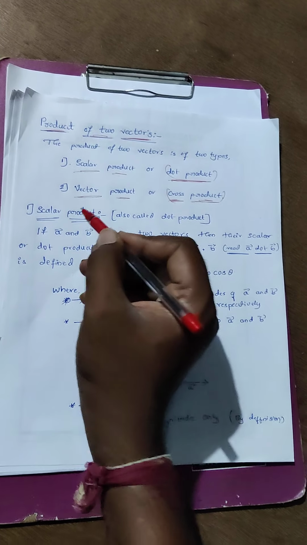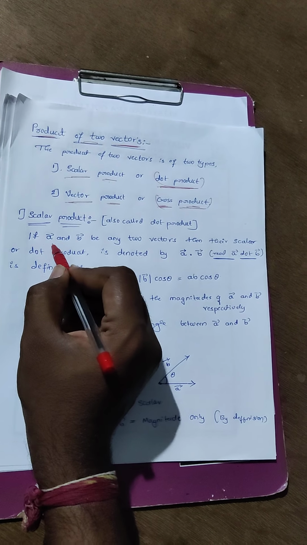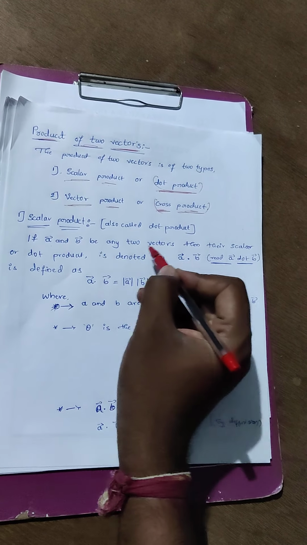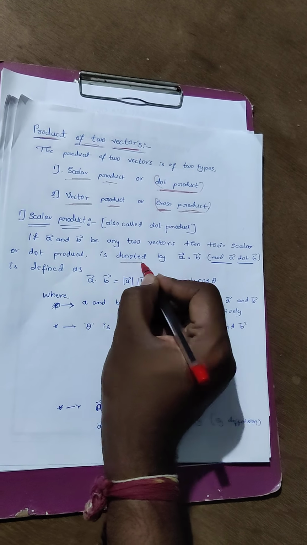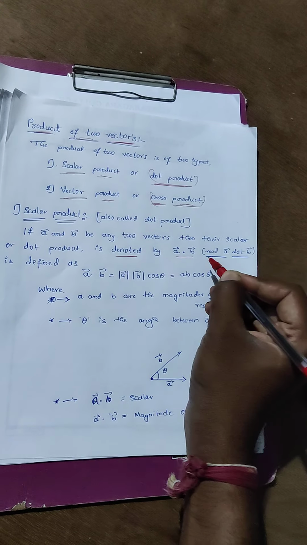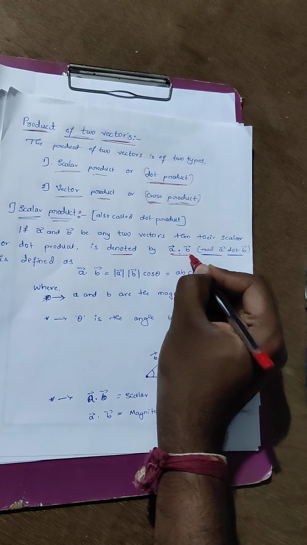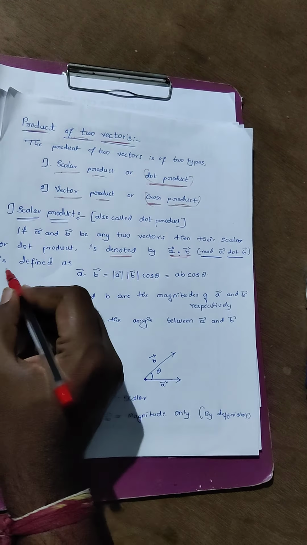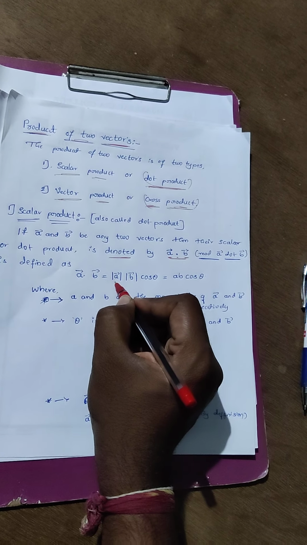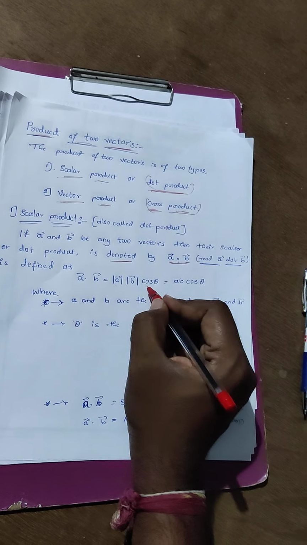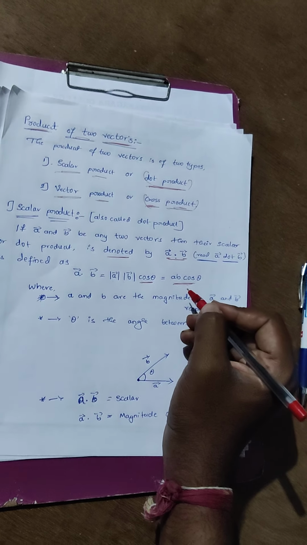Now we learn more about the scalar product, also called the dot product. If vector A and vector B are any two vectors, then the scalar or dot product is denoted by A dot B, and we read it as A dot B. It is defined as A dot B is equal to vector A into vector B into cos theta. We write this as AB cos theta,